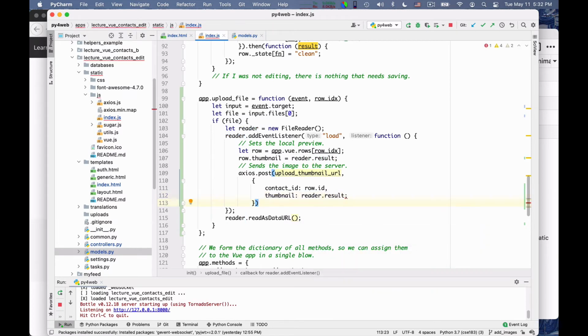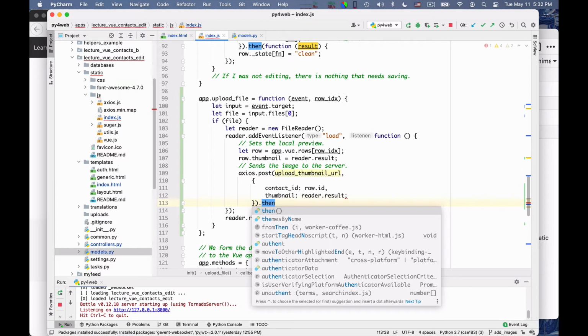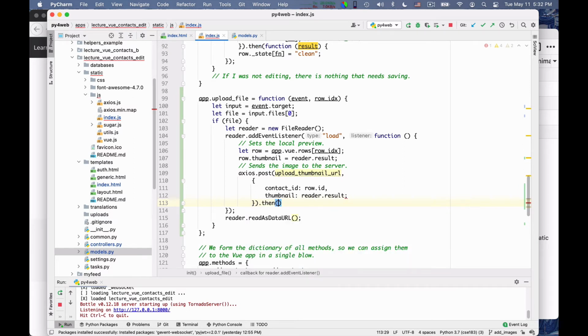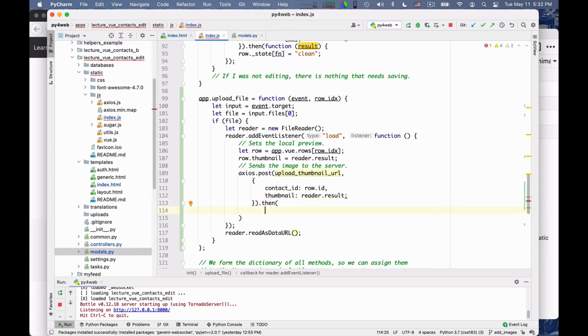Okay, so this is the Axios post, and I could do a then, but I'm not sure that there is so much interesting stuff to be done. Well, actually, maybe a better thing to do would be, sorry, for beauty, let me do this here.